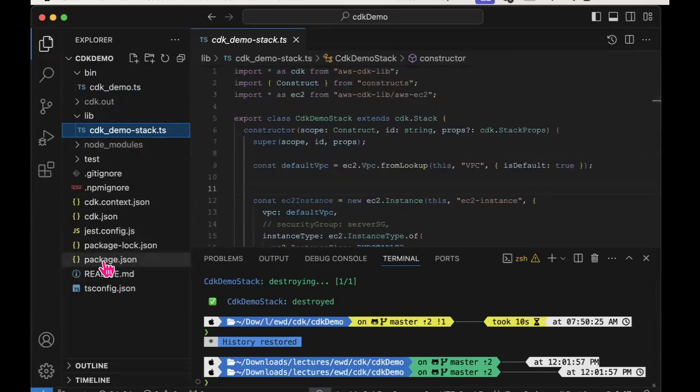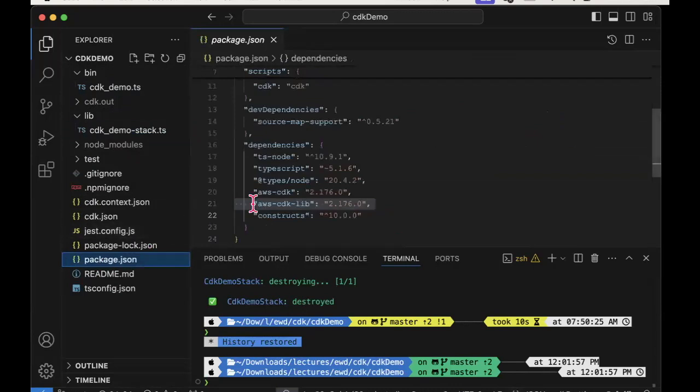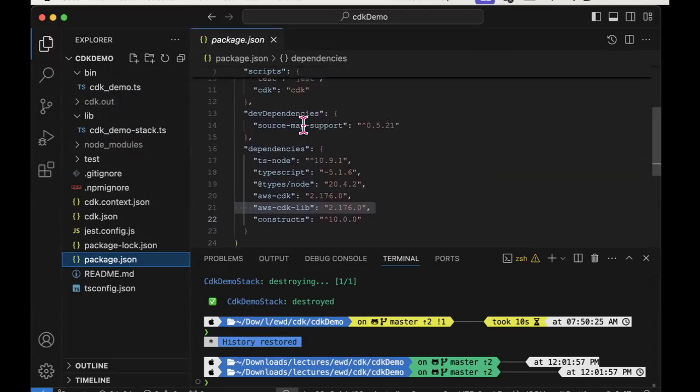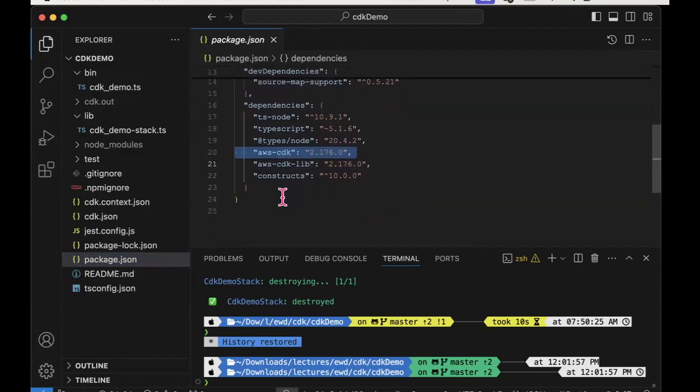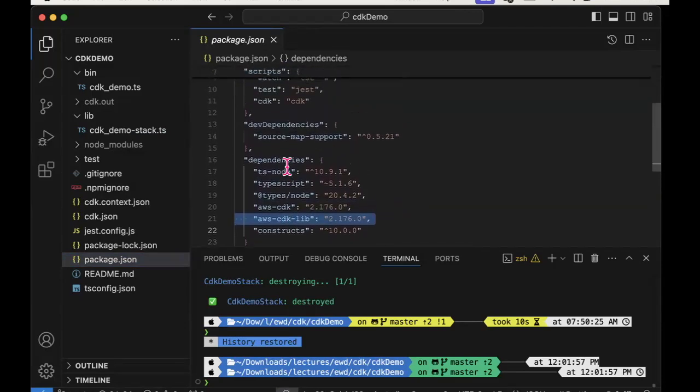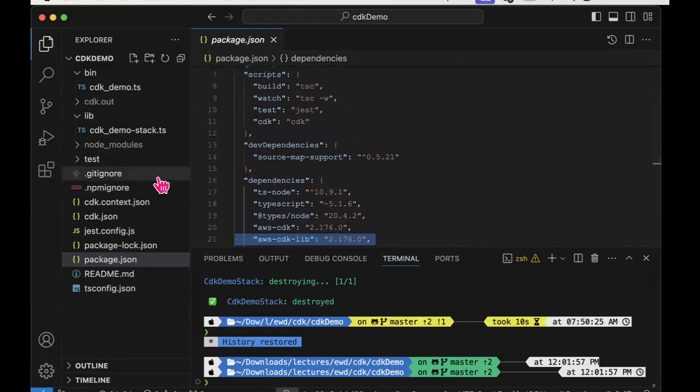In my package.json, surprise, surprise, because this project is a TypeScript project, I need the TypeScript language. I need TS Node because that's actually being used behind the scenes. Here's my CDK framework. Here's the library part that is separate from the framework. So there's stuff in here that we would expect given that we're using the CDK framework.